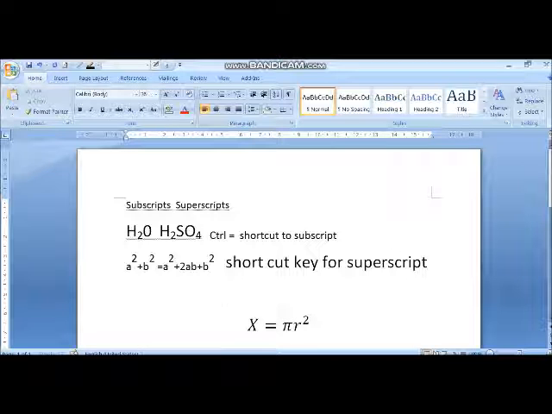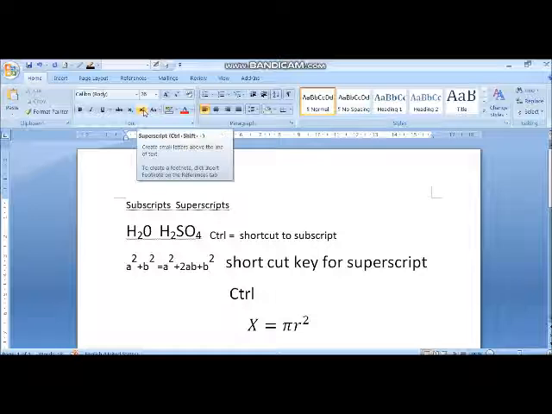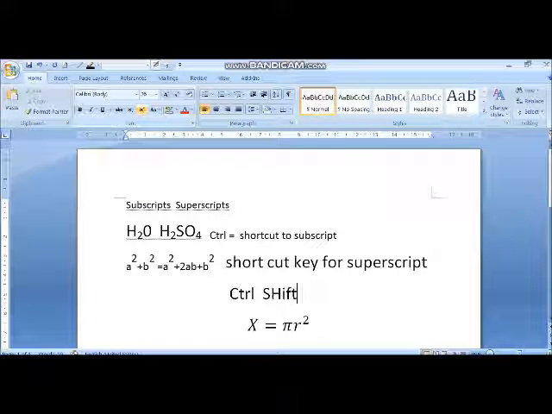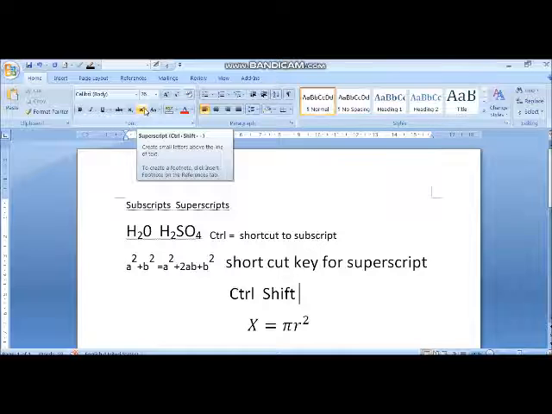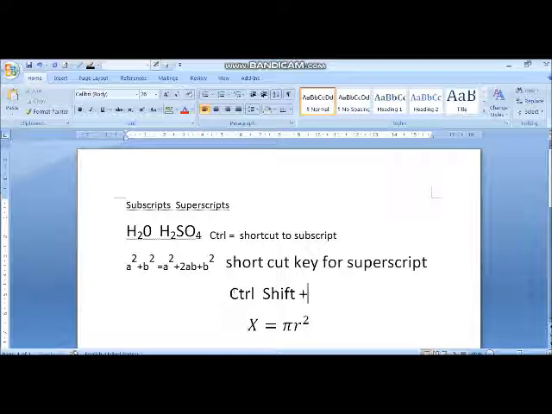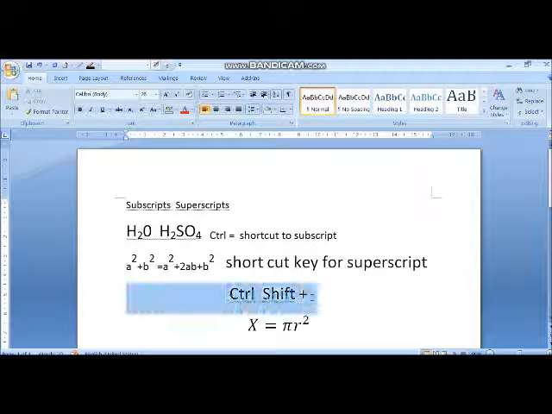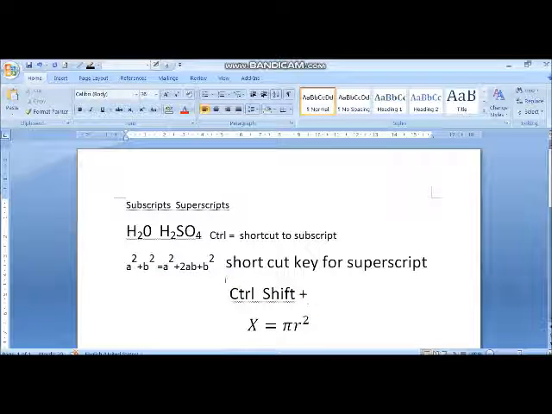You have to press the Control key, then the Shift key, and then the plus key. These three keys, 1, 2 and 3, you have to press together to make it